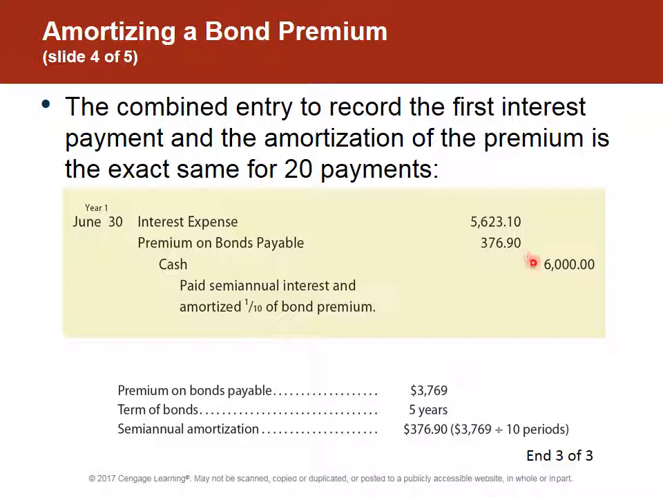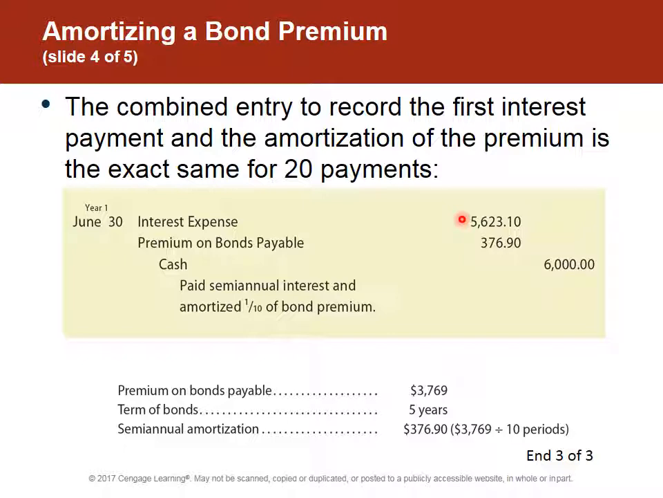So here we go. The $6,000 is still being paid. Keep this in mind. The interest is paid on the contract of the bond. That's $6,000. That's what the bondholders receive. Each bondholder gets $60. But the company amortizing this premium at $376.90 a period is only going to have to record $5,623.10. That's because this interest expense has been reduced by the fact that they got in a premium on this